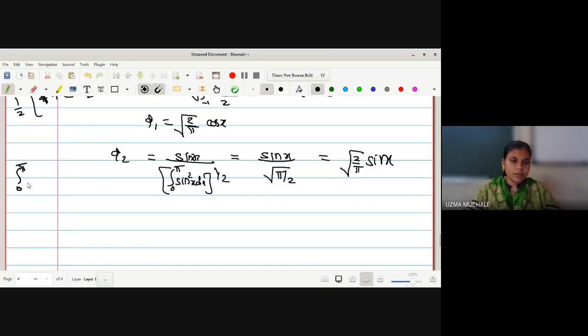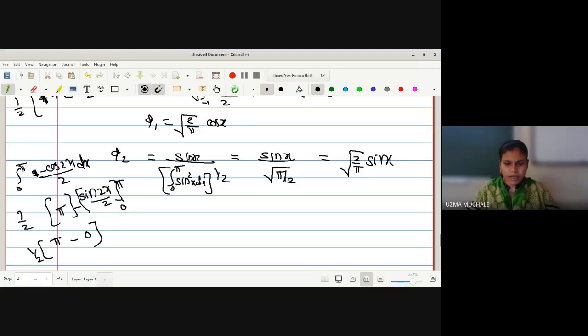Okay, let me evaluate for you people. Integration 0 to pi sin square x will be 1 minus cos of 2x upon 2. So this 1 by 2 outside, integration 0 to pi. Integration of 1 is pi minus integration of cos 2x is sin 2x upon 2, within the limit 0 to pi. So this will be simply pi, and here outside is 1 by 2 minus. Again, you can get sin 2 pi 0 minus sin 0 is 0. So again, you get the value pi by 2 that I have written here.